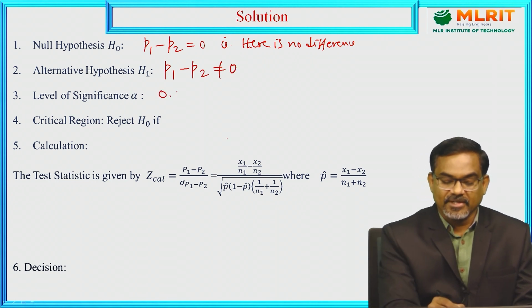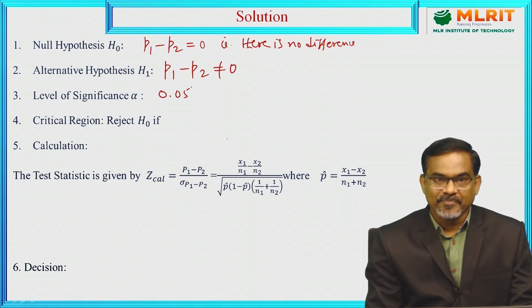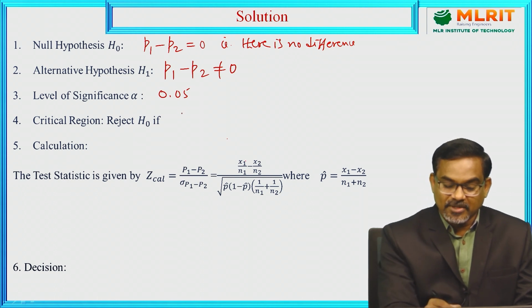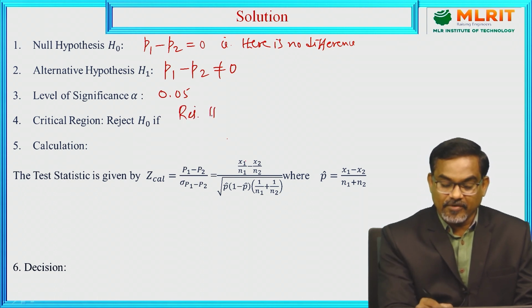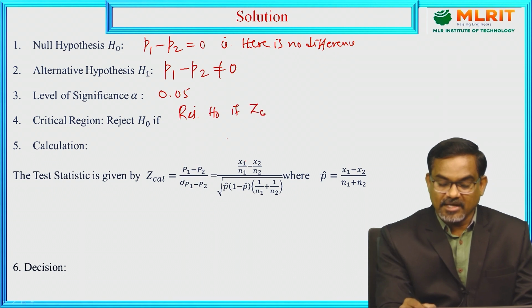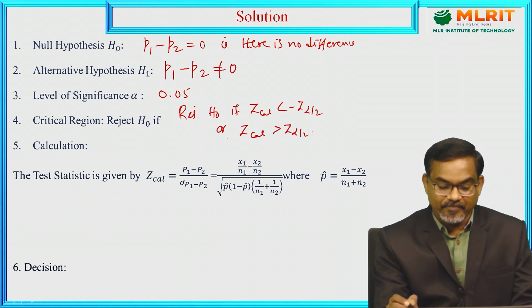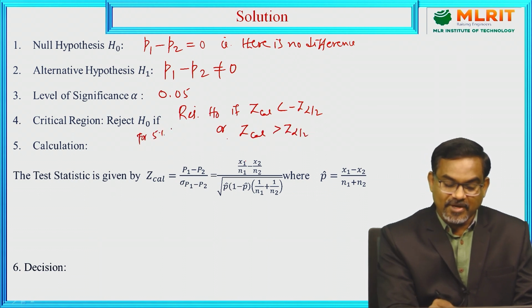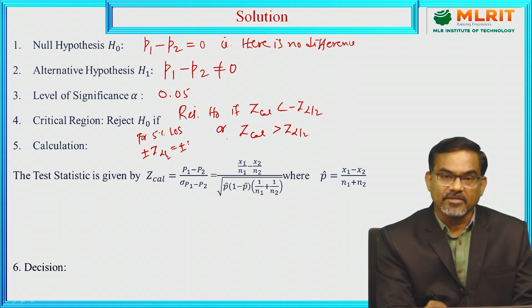The level of significance is 0.05 and the critical region is of not equal to type. So reject H0 if Z calculated is less than minus Z alpha by 2 or Z calculated is greater than Z alpha by 2. For 5% level of significance, plus or minus Z alpha by 2 is plus or minus 1.96,